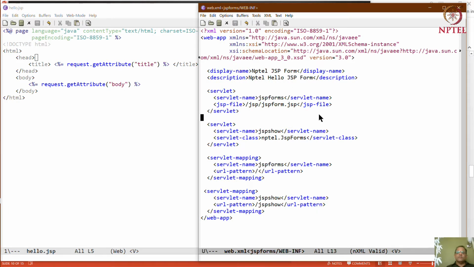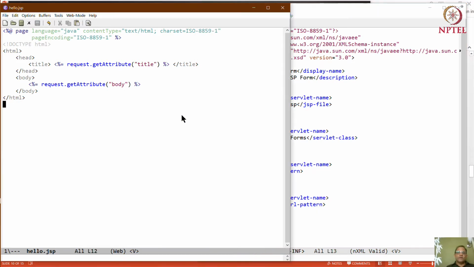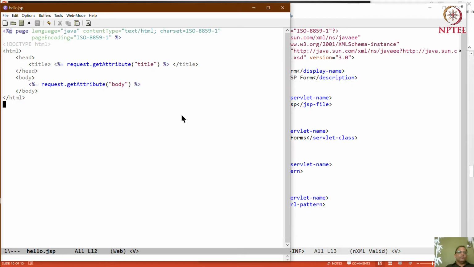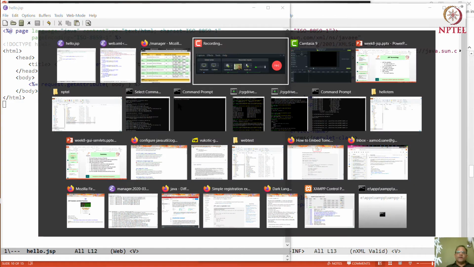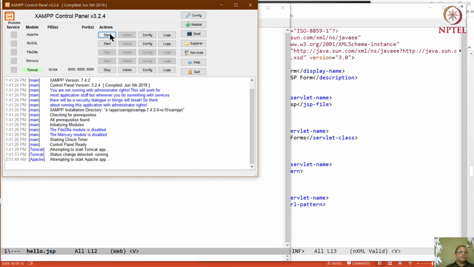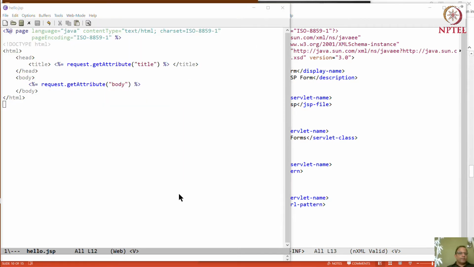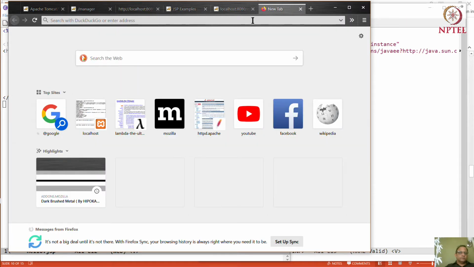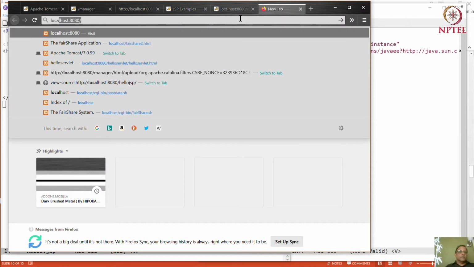This is very similar to what happens in FairShare, because when you do FairShare, you first open it up by going to... let's get FairShare started just to see. We'll start Apache and we will start FairShare. Localhost 8080.